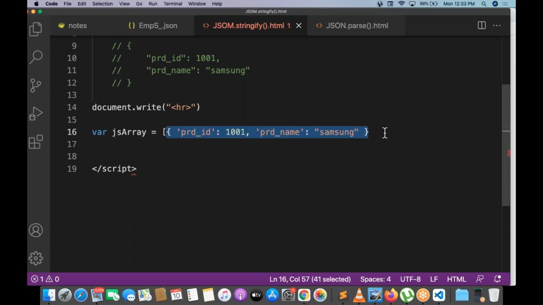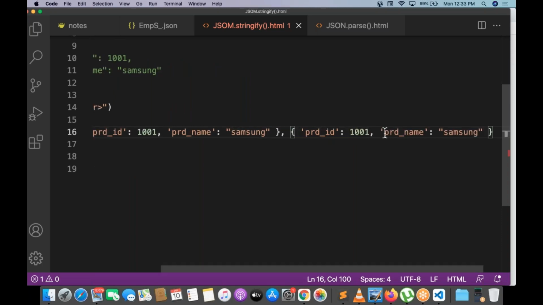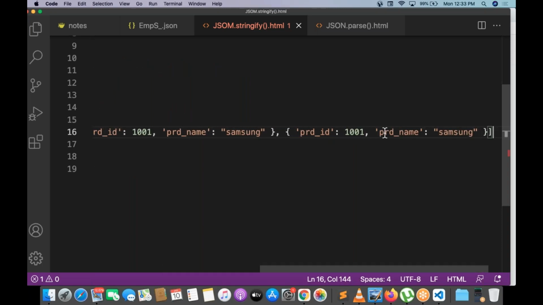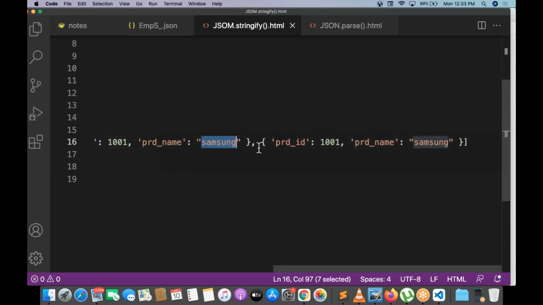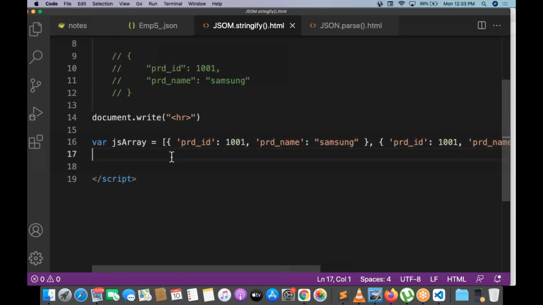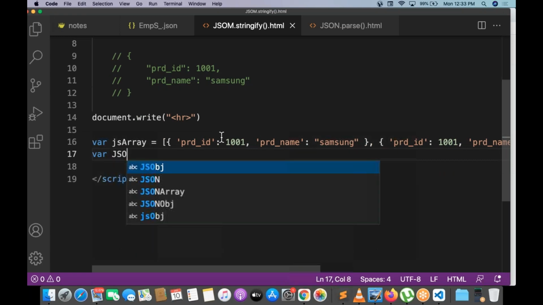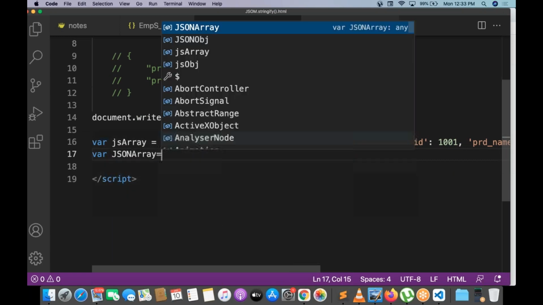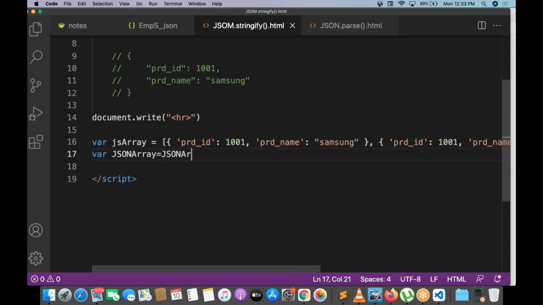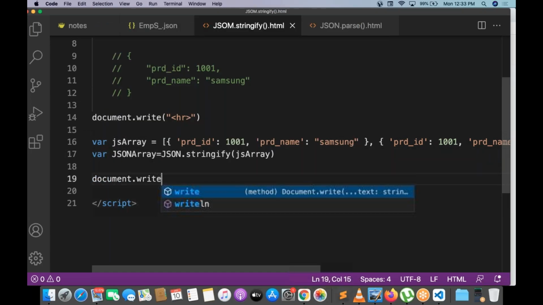Take multiple objects. Copy, comma, paste, comma, paste. Array close. Now whatever the product may be, no problem. Now var JSON array is equal to JSON dot stringify, and this array is going to be held in the method. Then finally document dot write.